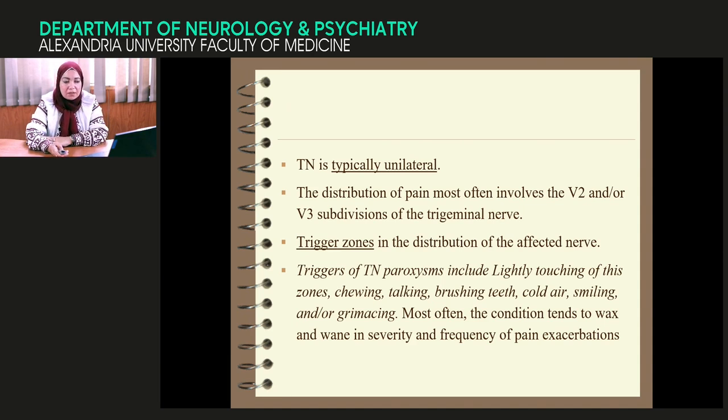In the distribution of the affected nerves, there is always a trigger zone. What does trigger zone mean? When I touch this trigger zone, even just a light touch, it will precipitate the paroxysm of pain. In the case of maxillary and mandibular branches, triggers include chewing, talking, brushing the teeth, exposure to cold air,